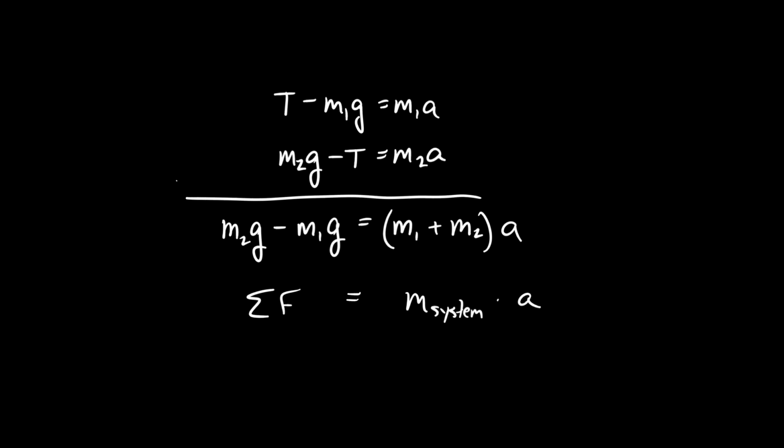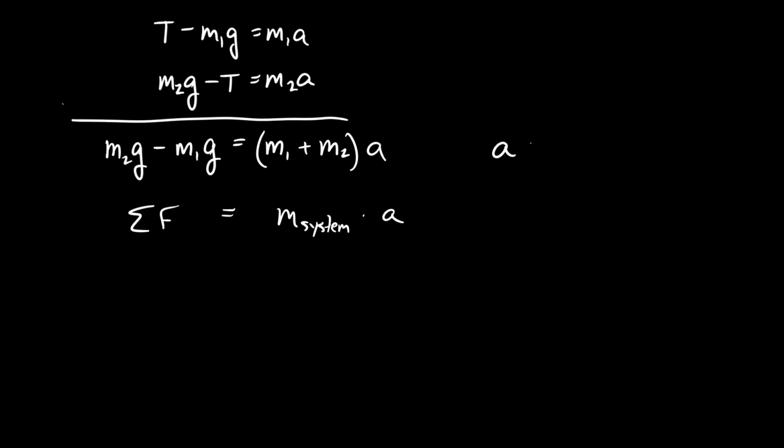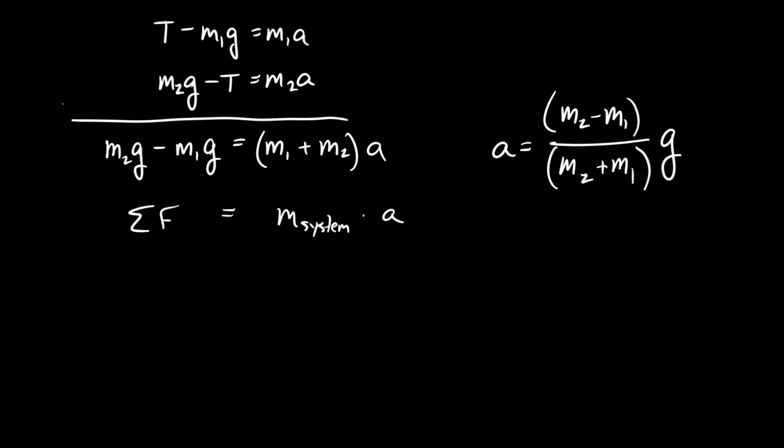Gravity pulls down on both sides, but it's pulling in a positive side on one side and a negative side on the other. They're battling it out to see which one's bigger. Do you see it in there? But the acceleration of the system is still dependent on both masses moving. So if I want the acceleration, well, I'm just going to have to solve for it. I just divided by m1 plus m2. I reversed them a little bit to match up with the top. But you got a negative sign.